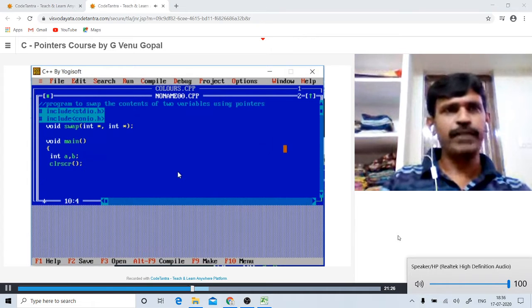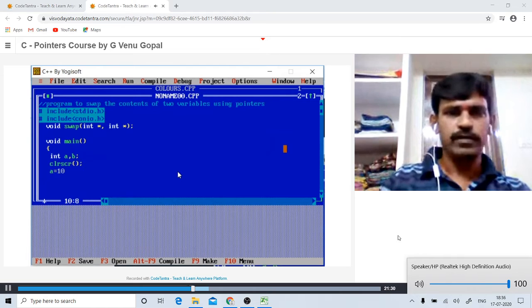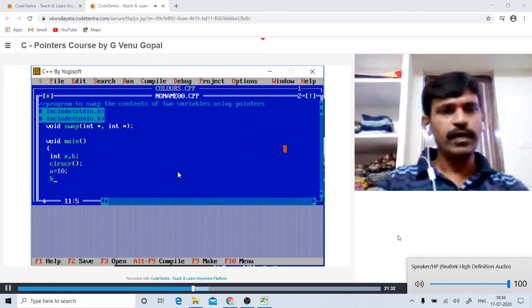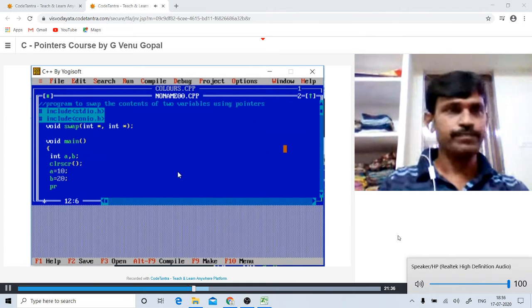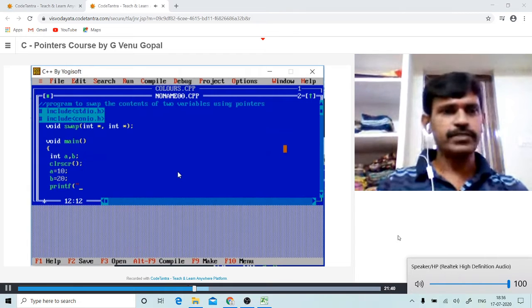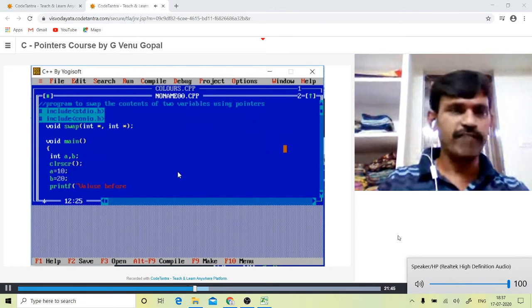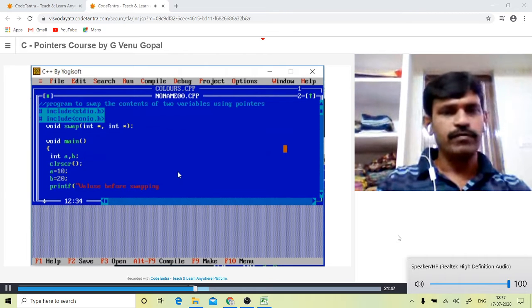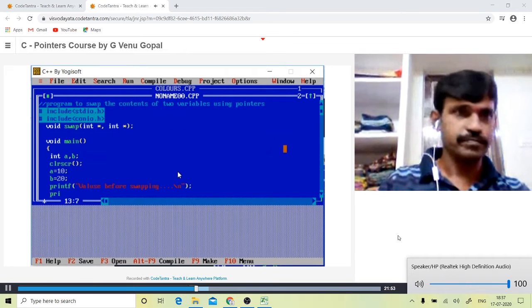Now, let us first initialize the variables. A is equal to 10, then B is equal to 20. Next, I try to print the values of both the variables before swapping. Values before swapping. So I'm using a \n character to print the values in the next line.